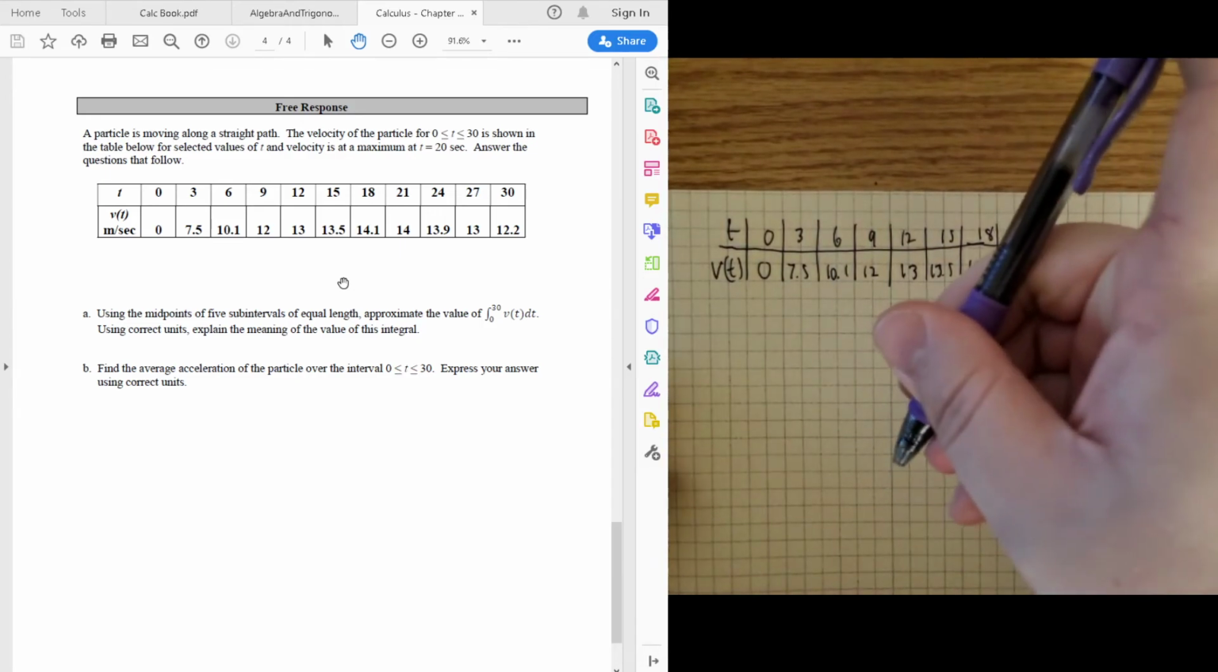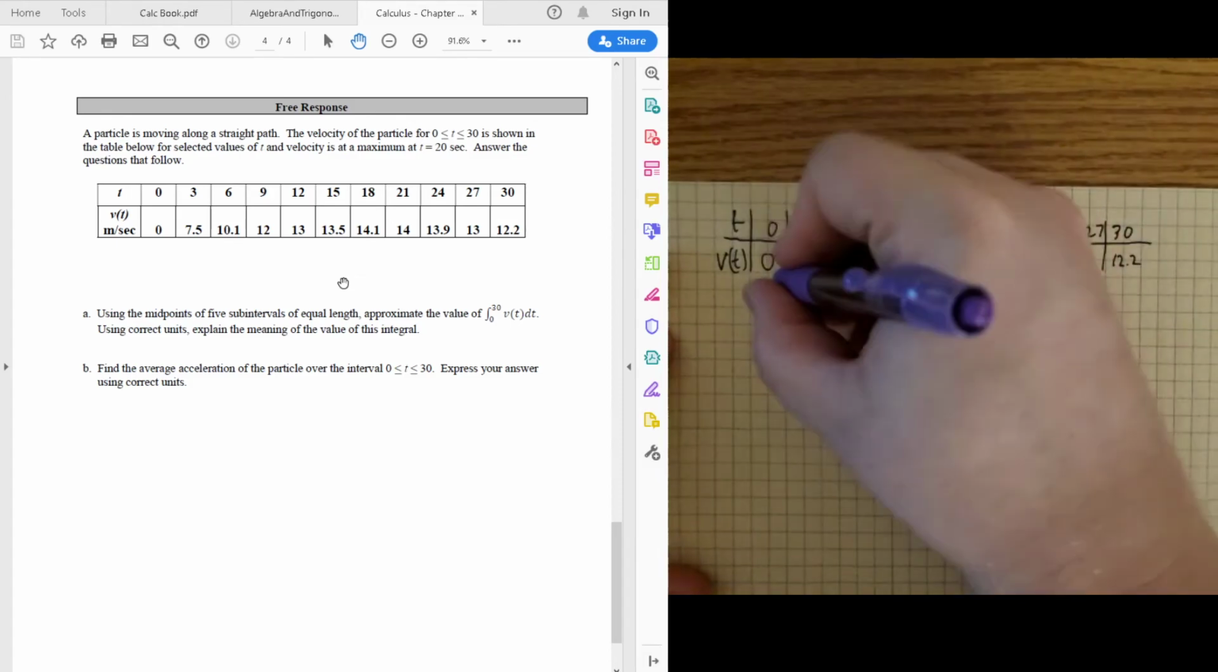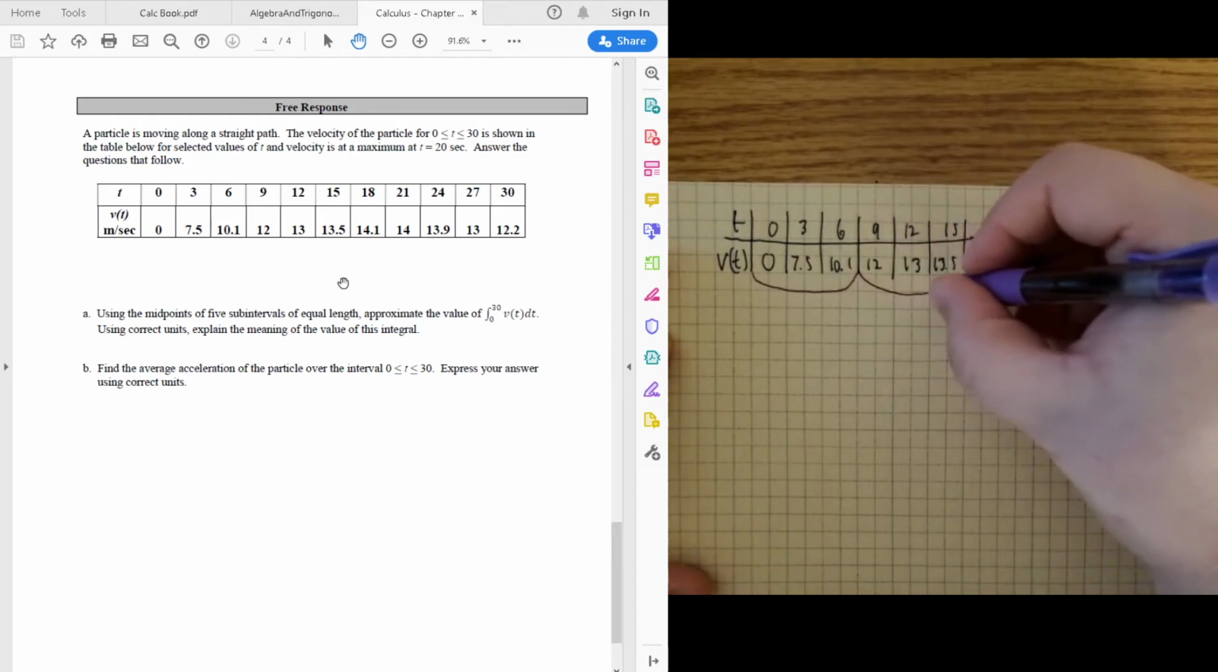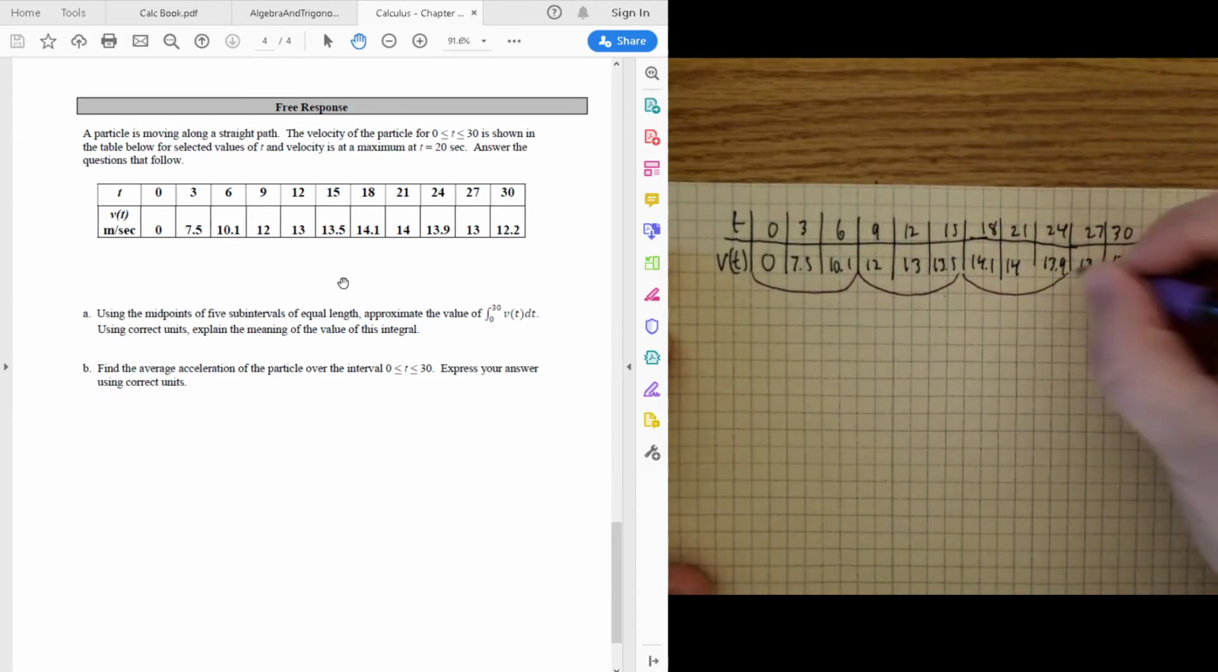Now to do this, let's take a look here. I'm going to choose this to be 1 interval, this to be 2 intervals, 3 intervals,